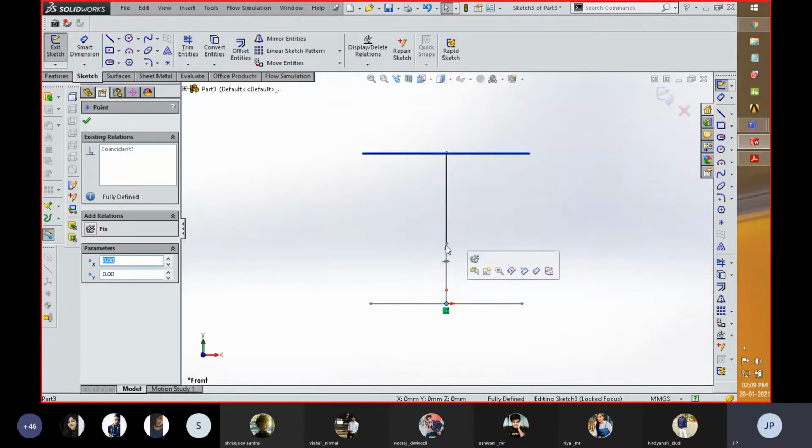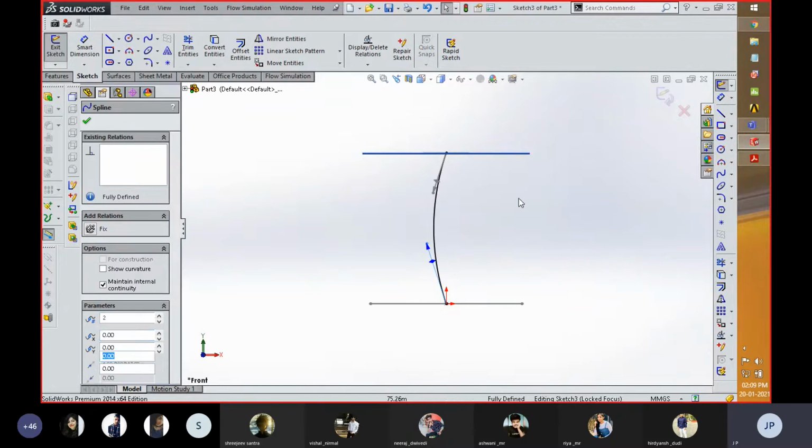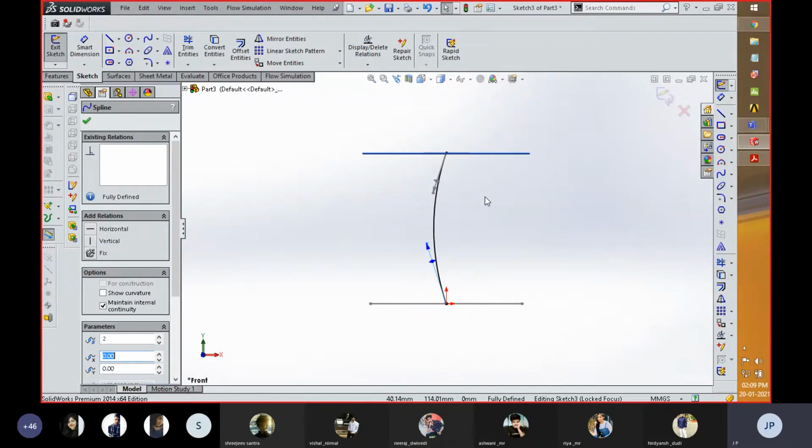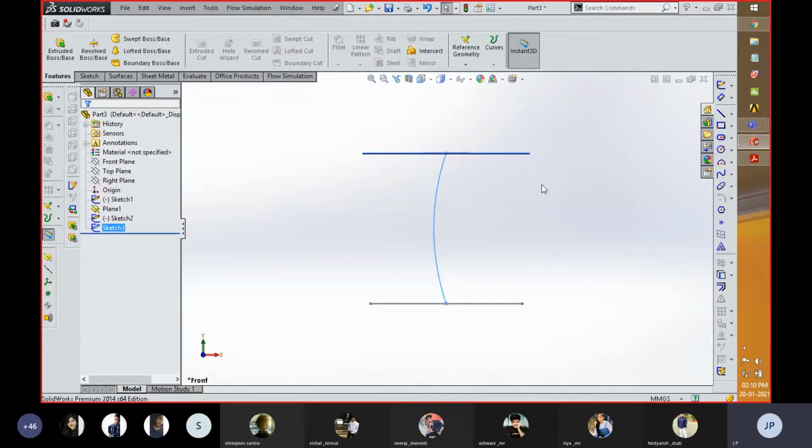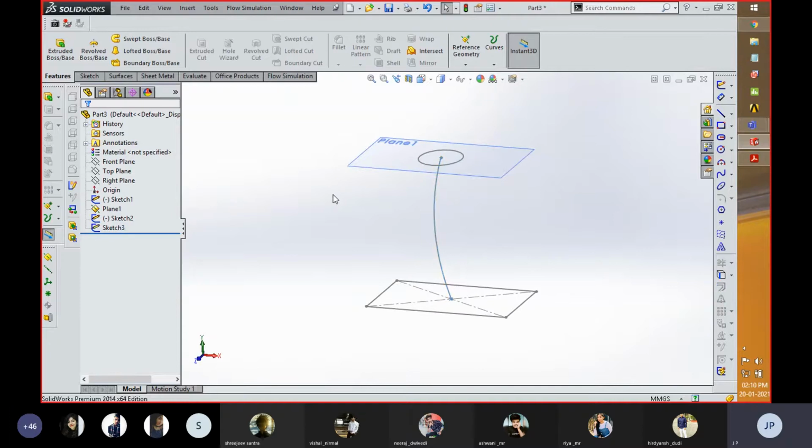If I need to give a tangency with respect to the profile, a greater tangency can be difficult to create. So if you somehow give that value in an ellipse manner, that part is not going to be created if you give too large a value for the tangency of this line with respect to the sketches which you created over here. Okay, so now I'm going to select the two sketches which I created, this sketch 2 and this sketch 1.